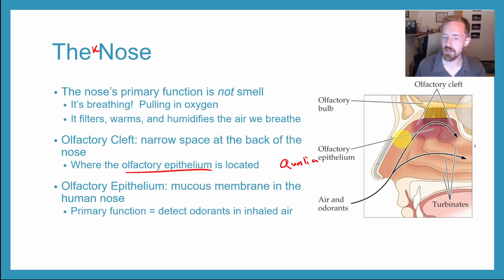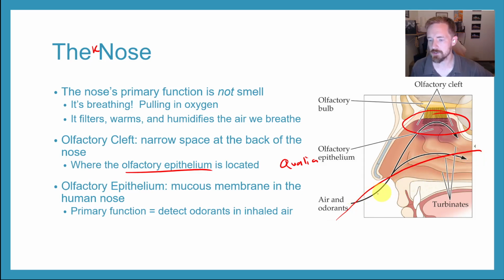So here is the olfactory cleft that you see up here. And so most air that you bring in is just going to go straight through your nose like that. But we got a lot of space up here, a lot of boogers, a lot of hairs. We don't like to think about it. We don't want to know exactly what's up there because we think it's gross. But that is where your olfactory epithelium is.